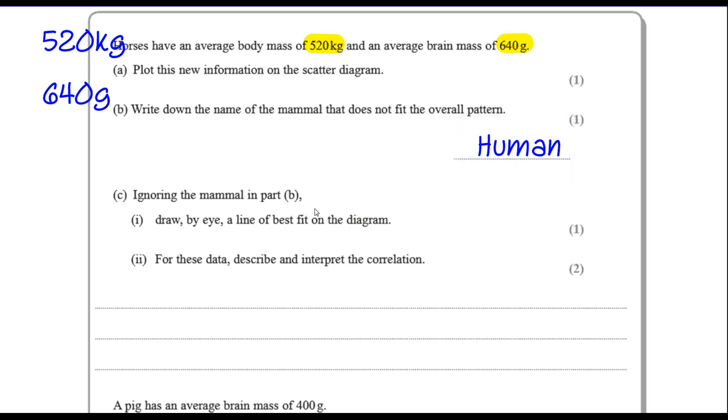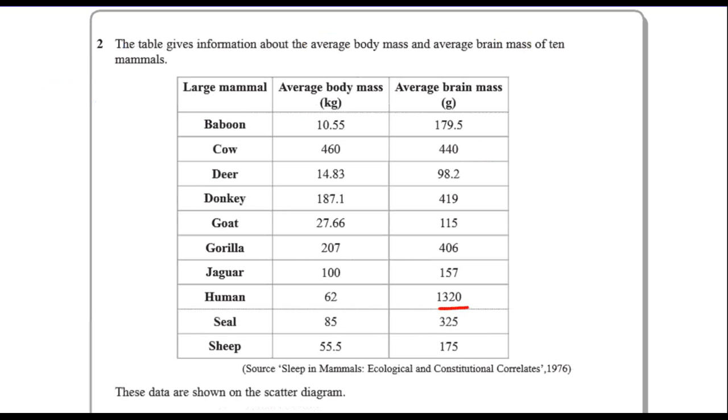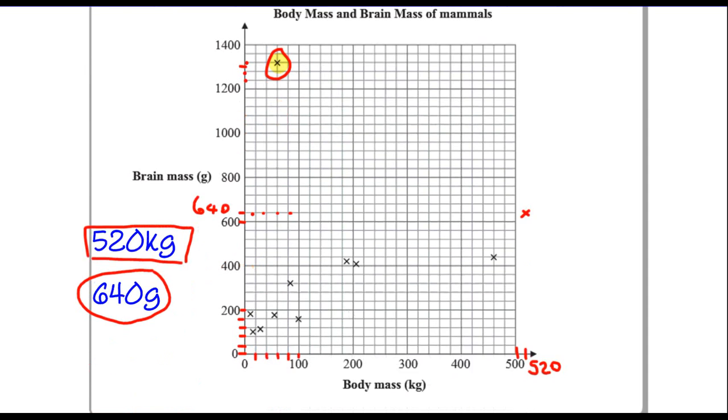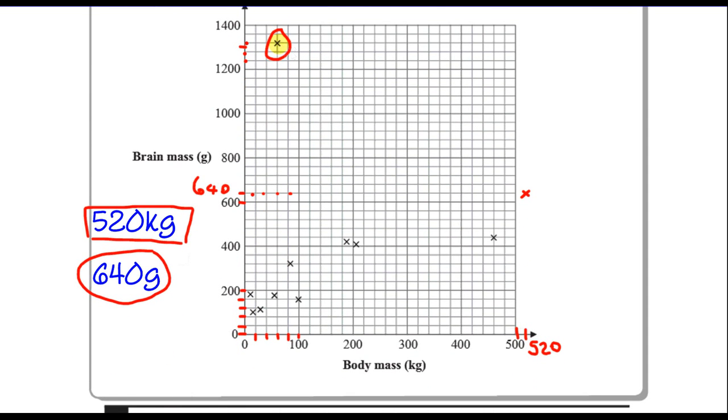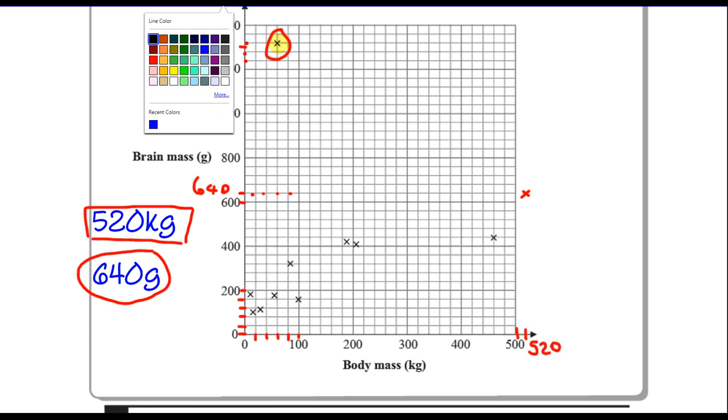Ignoring the mammal in part B, so we ignore the anomaly, the human. Draw by eye a line of best fit on the diagram. Okay, so we can ignore that point that we've circled and highlighted. Look at all these points, and let's try and draw on a straight line with your ruler through the middle